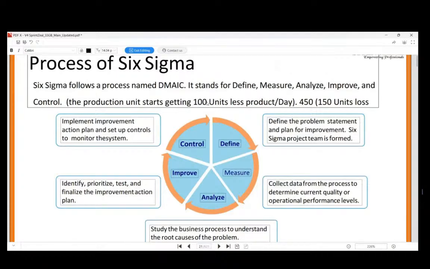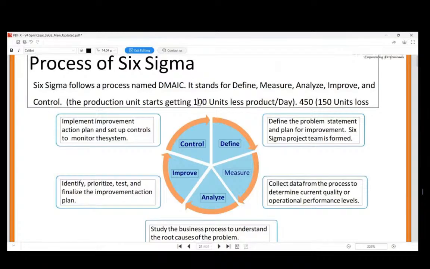So this becomes, okay, this is per day. So the average is 150 units loss per day. How? 450 got divided by 3. So it is becoming 150 units. Got it? Yeah. Okay. Now,